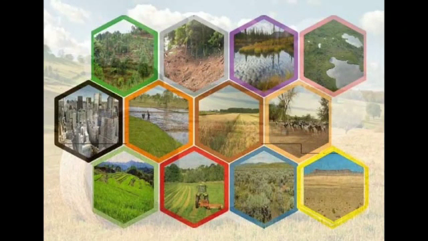Next, cropping pattern. Crops are grown in fields in various ways to achieve maximum yields and benefits. The common types of cropping patterns are mixed cropping, intercropping, and crop rotation. First one, mixed cropping. Mixed cropping may be defined as the practice of growing two or more crops simultaneously